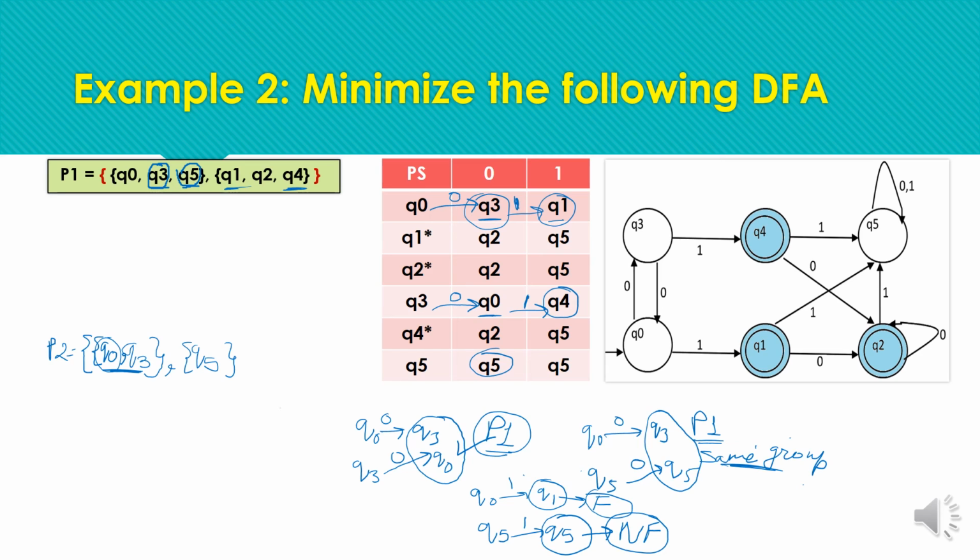Okay, now we have to repeat the same process for the other group, as we are left with no other state in the non-final group. So starting with the next group of final states, we repeat the same process. We write Q1. Now let's check the compatibility of Q2, meaning whether Q2 can be part of this group or not. Let's check the compatibility or similarity of Q2 and Q1, repeating the same process from Q1.